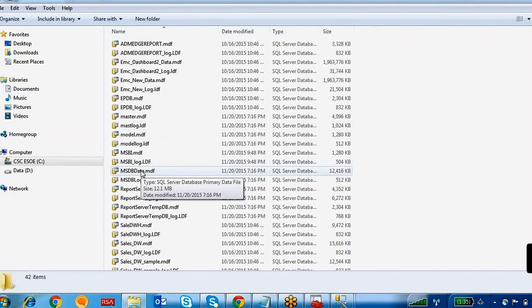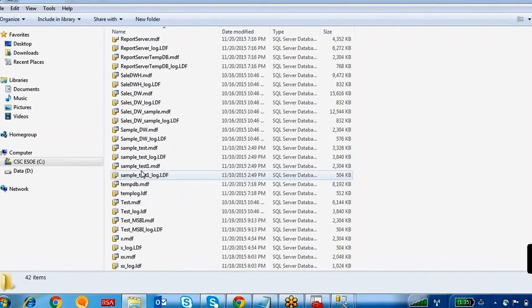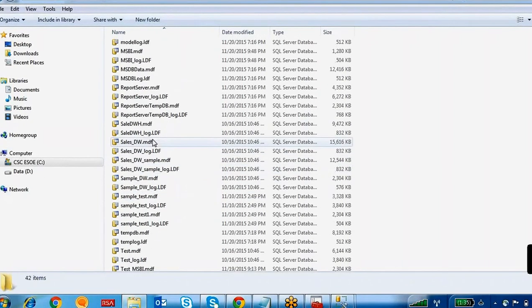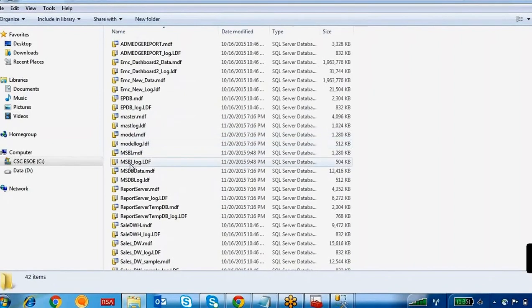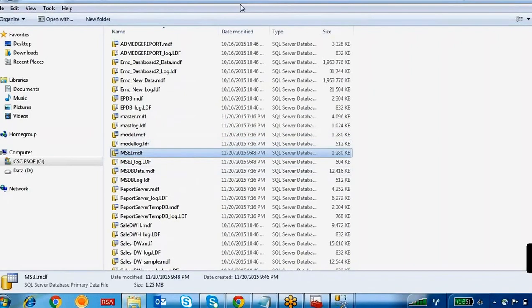These are databases I have already created in the past. The database is msbi, right? Where you can find it? So this is the msbi database. Okay, this is the main mdf file and this is the main ldf file. Got it? Right. So these are the main database files. Okay, so you can copy and paste them somewhere and you can attach them to some other servers also. Okay, this is the main data file, right?